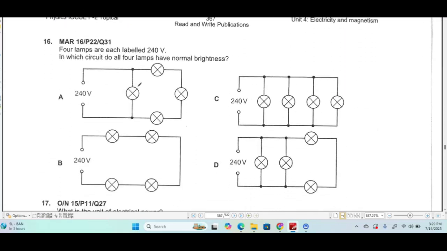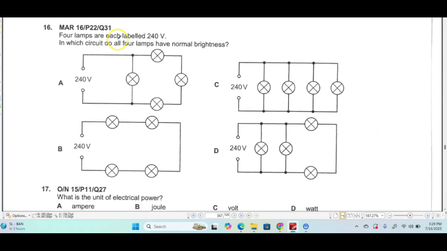Question number 16. 4 lamps are each labeled 240 volts. In which circuit do all the 4 lamps have normal brightness? So normal brightness means that all the 4 lamps glow with equal brightness. Okay? If you look at circuit 1,